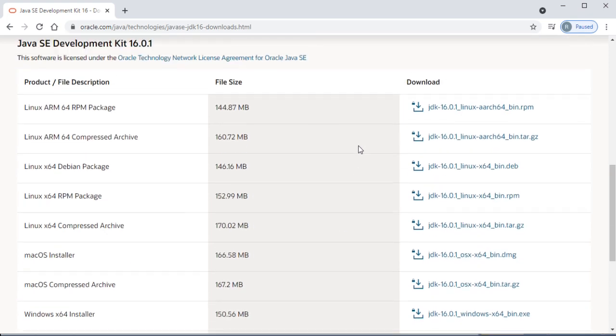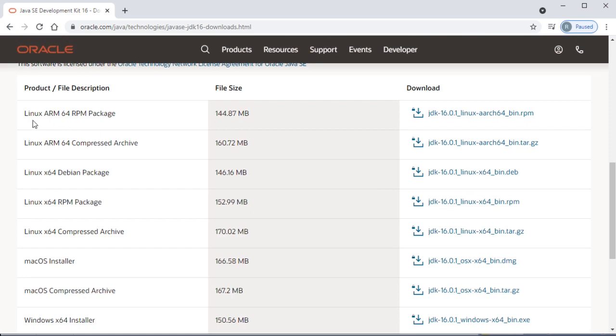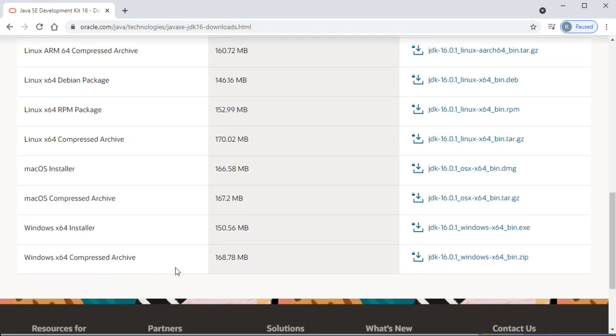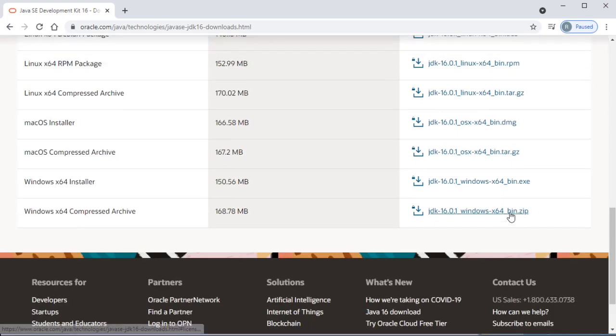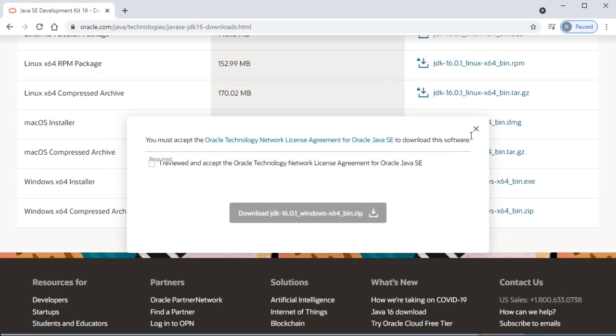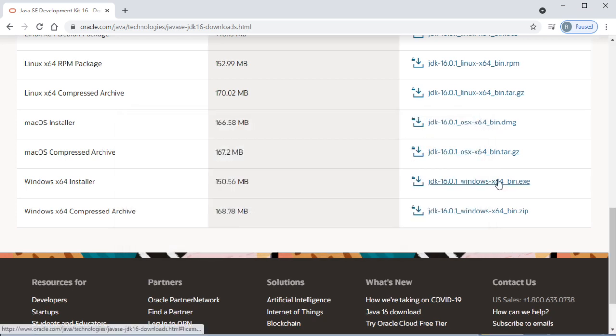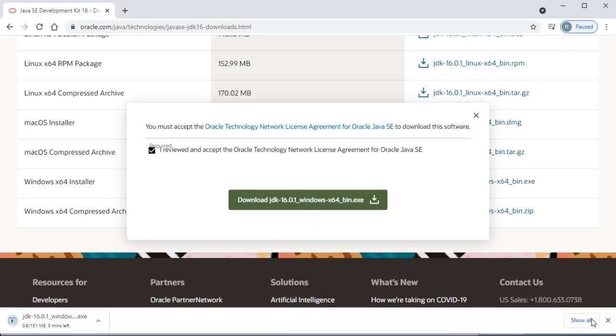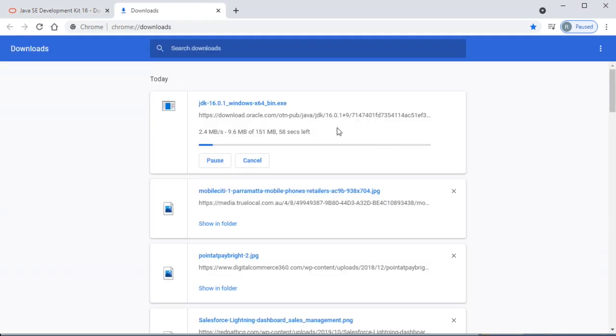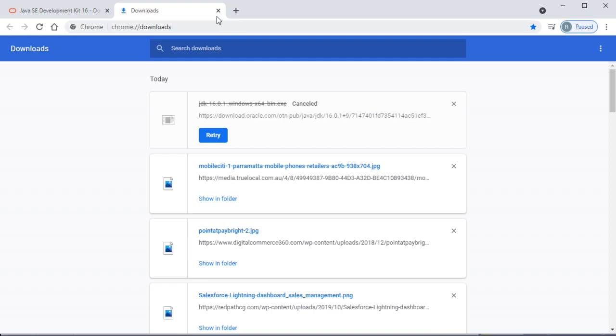There are lots of options, either for Linux, Mac OS, or Windows 64. We have to download either the exe or the zip file, so we simply download the JDK exe, right? In order to run the JDK in our system. Since I already have a JDK installed on my system,